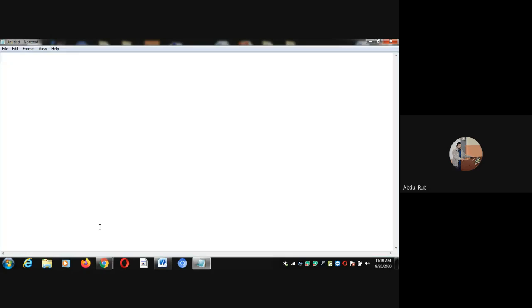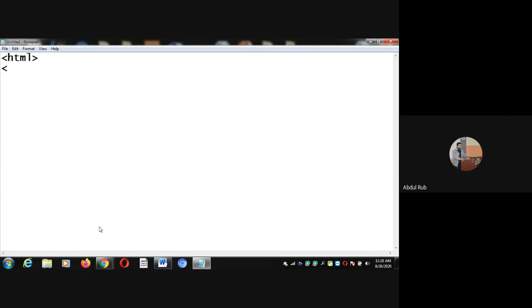If you write HTML, you can write in lower case or in upper case. Both are correct. So I am writing a small html, with an open and close angular bracket. HTML is a pair tag, so it is opened and after that we have to close it.